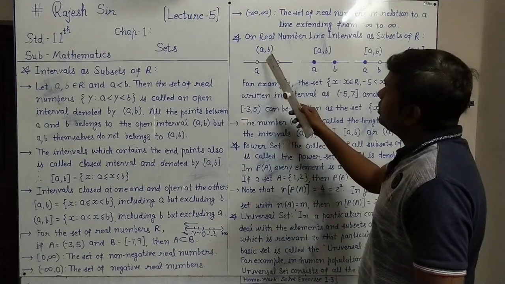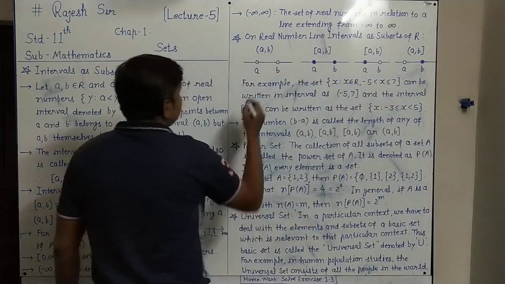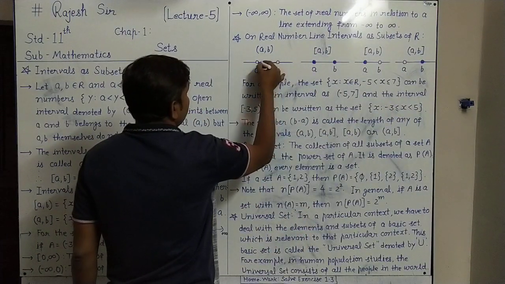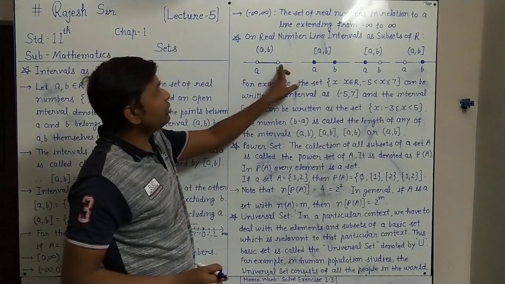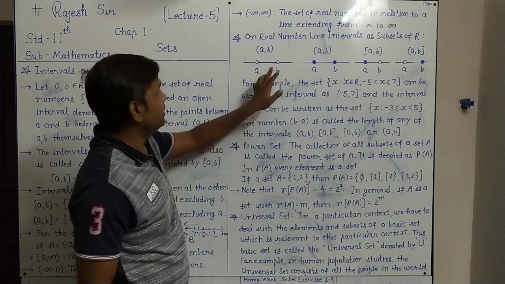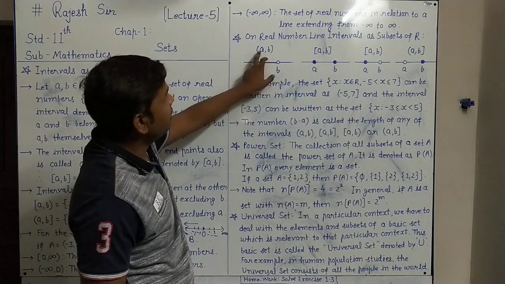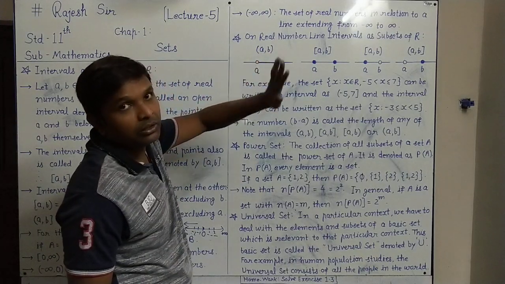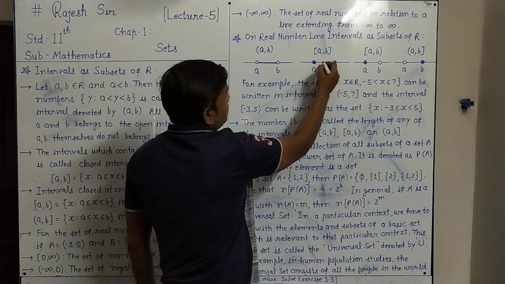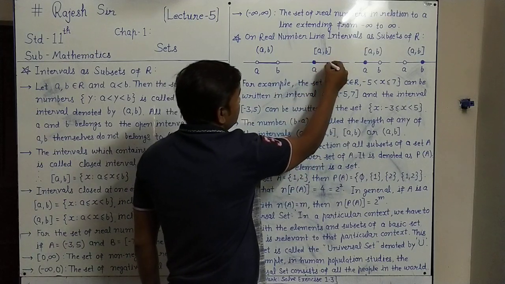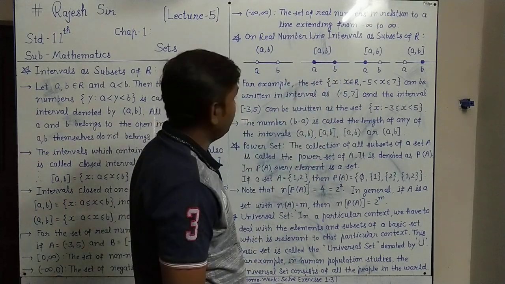So if you are talking about A and B, between them all the numbers, this is the part of all the numbers between A and B, excluding A and excluding B, meaning A and B are not considered. So it is denoted by the open interval A, B, in which all the numbers between A and B come, but not A and B. They are not included. In the closed interval A, B, all the numbers between A and B also come, and as well, the points A and B are also included in this type of interval.